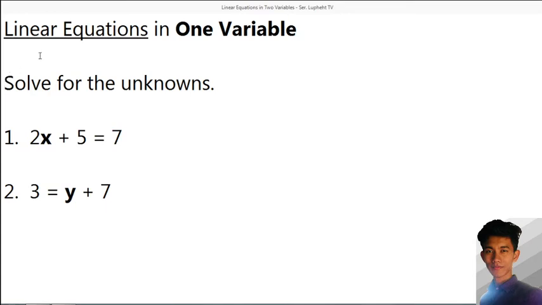Okay. So kaya siya tinawag na linear equations in one variable. Kapag ginraph po natin siya sa Cartesian plane, yan po ay isang straight line. Now, kapag one variable, makikita nyo po dito, hinighlight ko na po, or naka-bold type po siya. Kapag ang linear equation ay one variable lang, isang letter lang po ang makikita natin dyan. It's either x or y. Okay? So, to solve for the unknowns,